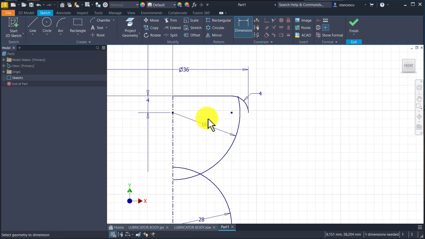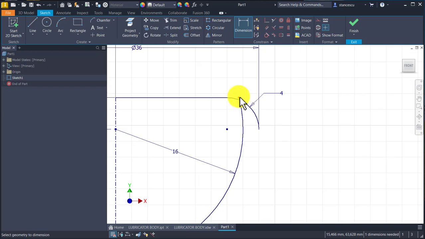Good. I move this point. I don't move. I create an arc between these 2 points,